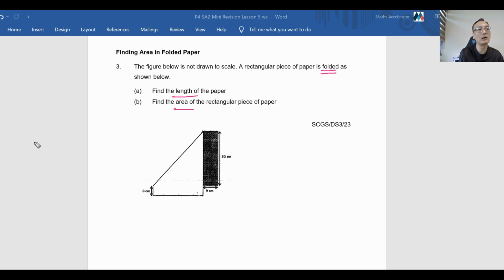paper. Now, wherever we see shapes that are folded, my recommendation is always to unfold it back into its original shape. So this is how I would do it. First, we draw lines to help us understand how we fold it back, right? Then we also identify this portion. Right, so this portion, this smaller rectangle, we have to move over here, right? So